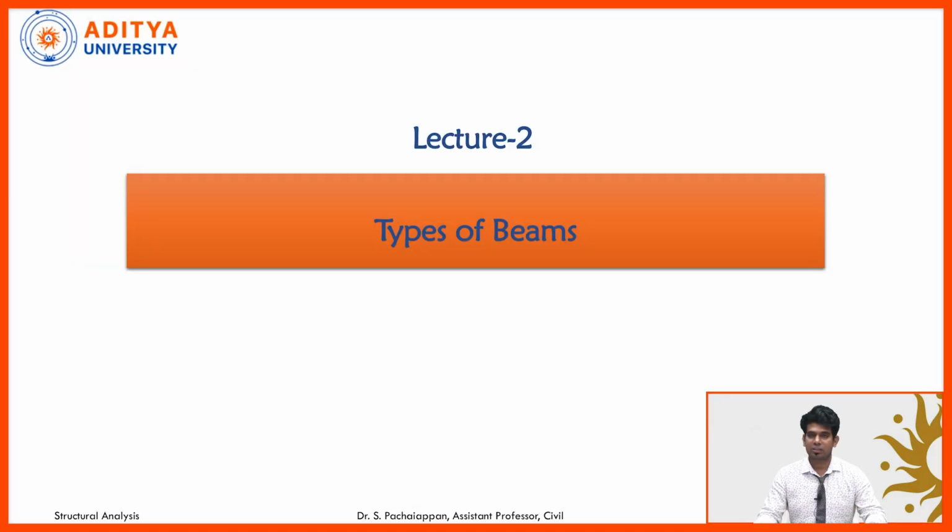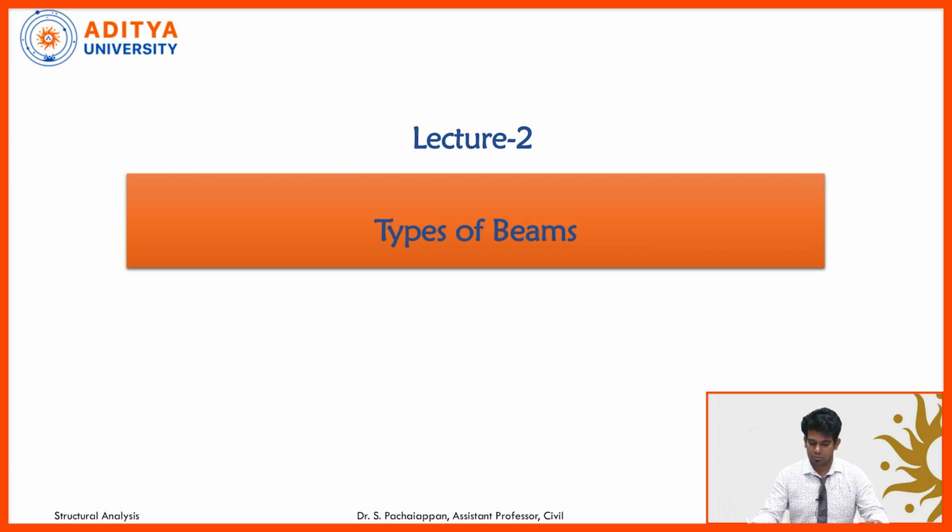So, in the second lecture, we are going to discuss the different types of beams. Particularly in structure analysis, we are going to analyze only two different types of structures. One is beams, the structural element beam, and then portal frames. And in this course, we are not going to analyze the entire building, either a steel structure or a concrete structure. That is done with a software package, which will be discussed in STAAD Pro or ETABS. Here we are going to discuss the basic things, that is the analysis of beams and analysis of portal